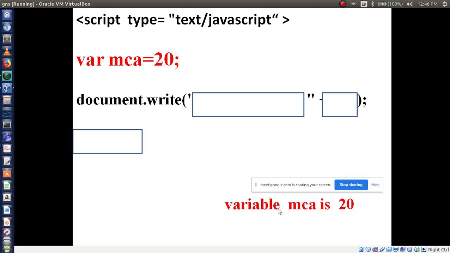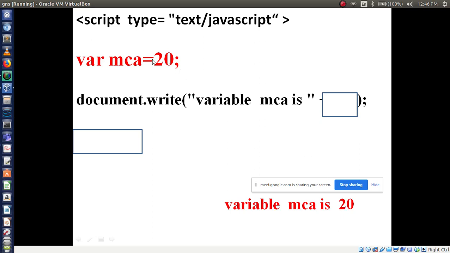Here I want to print "variable MCA is". Now I want to print the value 20. 20 is stored in which variable? MCA. So append plus followed by the variable name. This is the standard way to print any values in JavaScript. Then close the script tag. Is it clear?